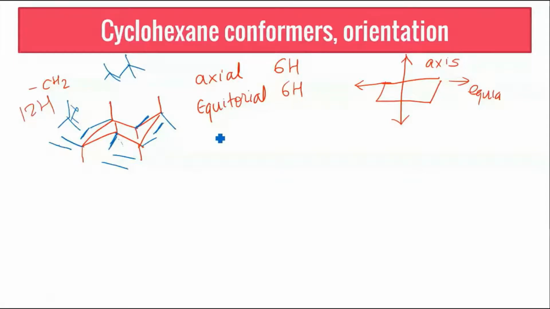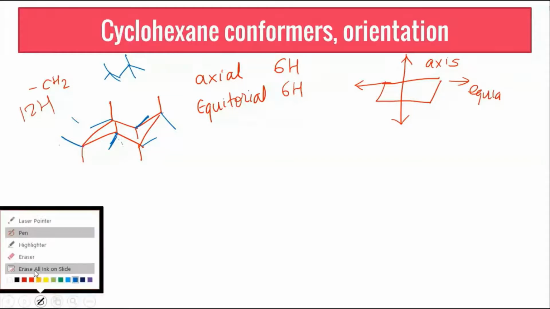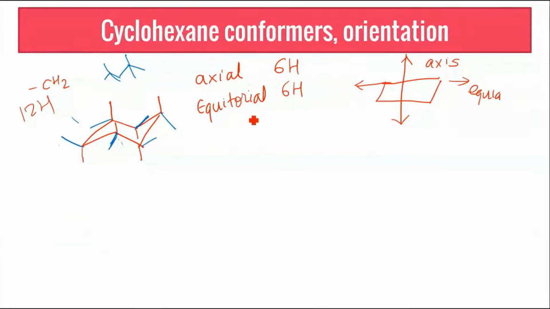Now coming back to axial and equatorial, we have identified that we have 6 axial bonds and 6 equatorial bonds. Clear so far? So the axial and equatorial concept is what I wanted to revise first. Now we'll move to the next aspect. In the structure of steroids, because of the cyclohexane, you also have an additional thing, what is known as alpha and beta. Have you all heard of the terms alpha and beta earlier for cyclohexanes?